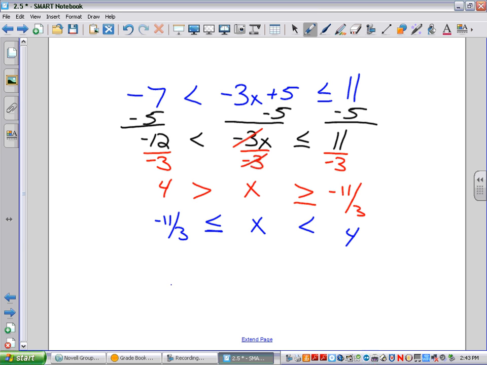So let's graph it now. Straight line, 2 arrows, 0, negative 11/3, positive 4, closed circle here, open circle there, connect them,